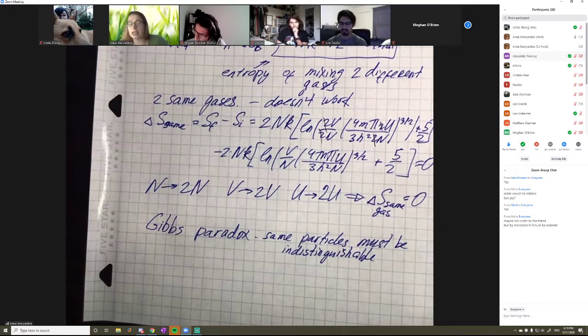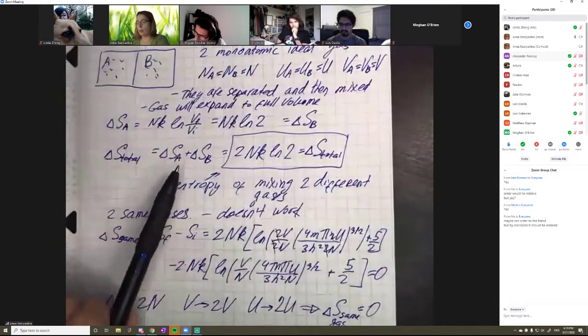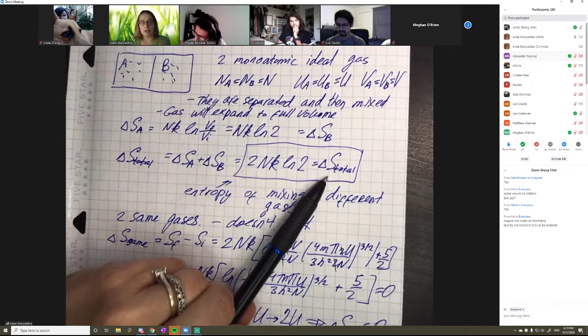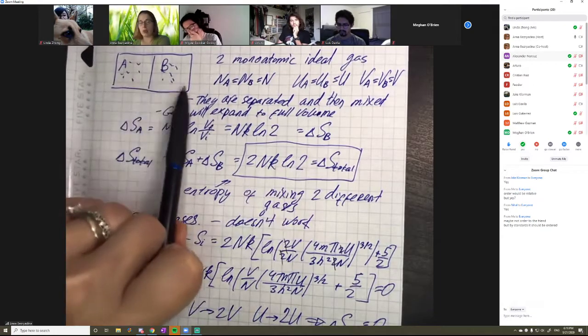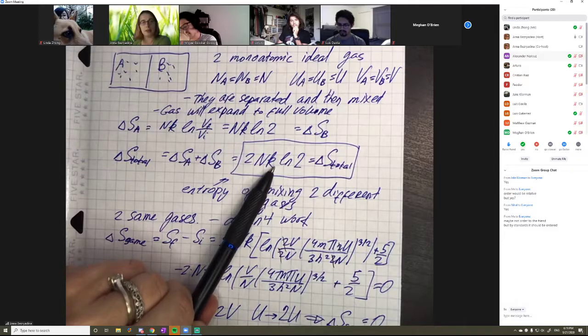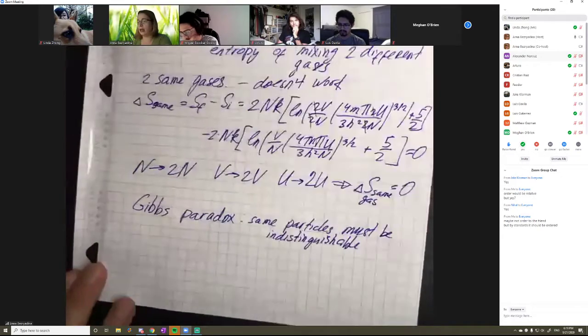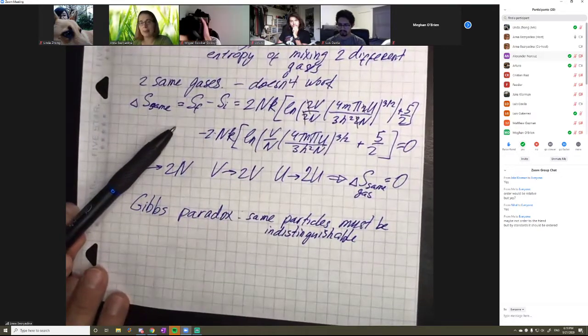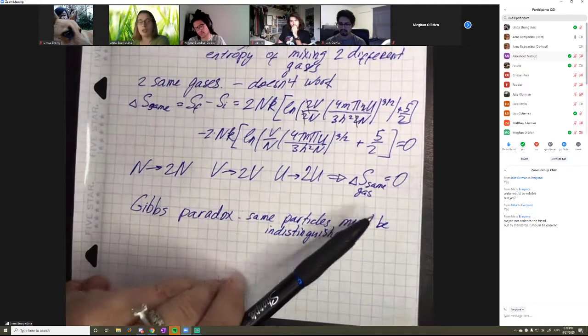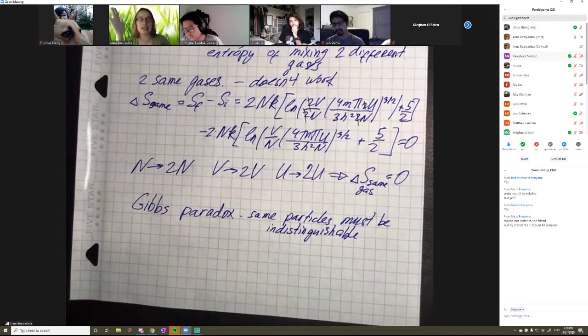Otherwise, as you can see, if we mix two particles that are separate, in this case our entropy will increase. Here we have two gases that were two different ones, and when we mix them together, entropy increases. And here, if we have two same gases mixing together, entropy will be the same. So it implies if we have a system and we put a barrier between two gases or the same gas,